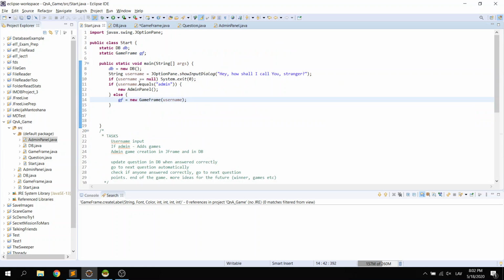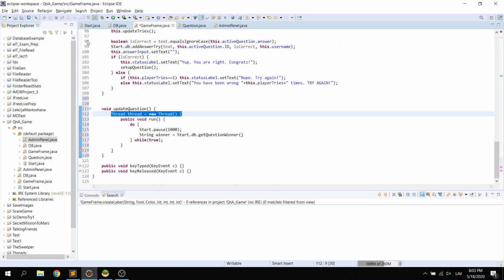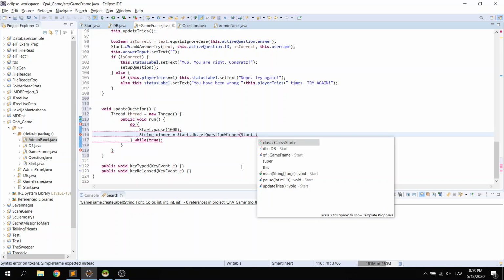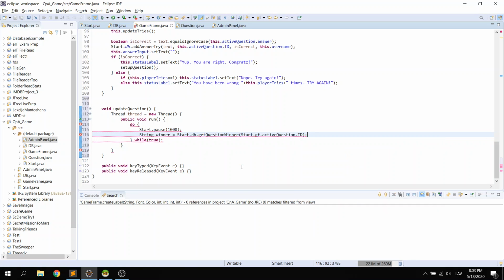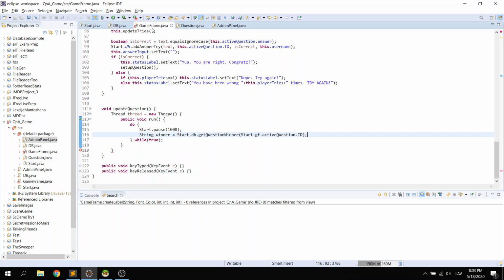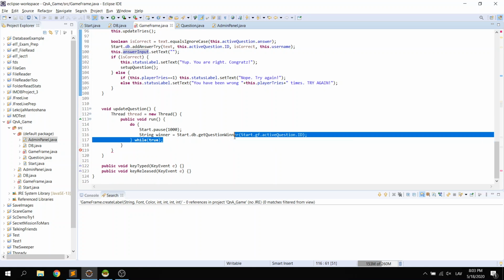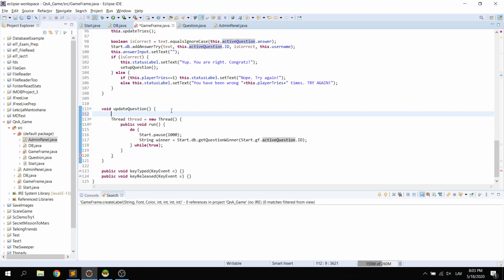But as we have the start class and we have the JFrame object in there, and the start class is static, and it's static because we have the main method in it. So we can go from start class, JFrame object, its active question, and we get the ID. So from here we jump to the start class that we can always get its static value JFrame, which is this outside object that we cannot access any different way, and get the active question from that. One more option would be to say